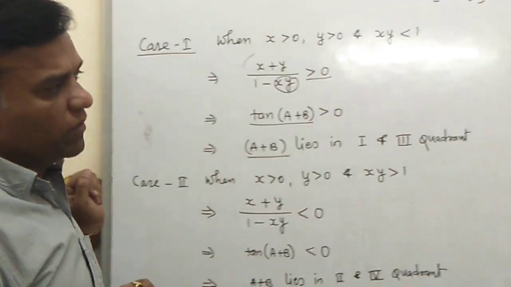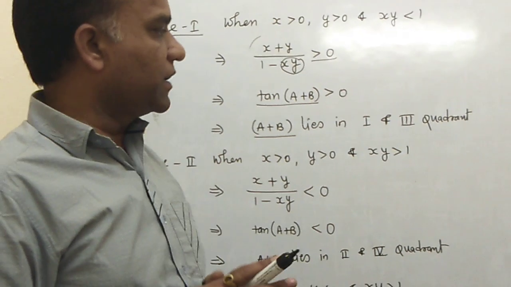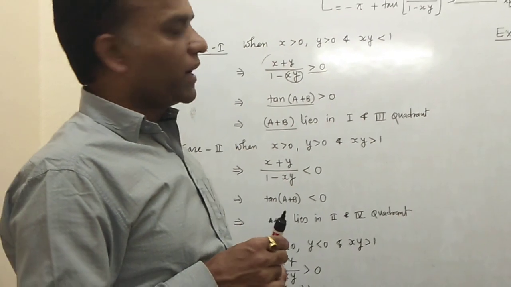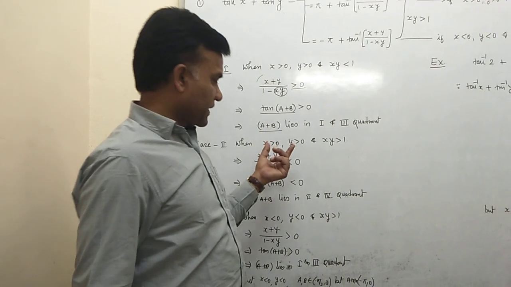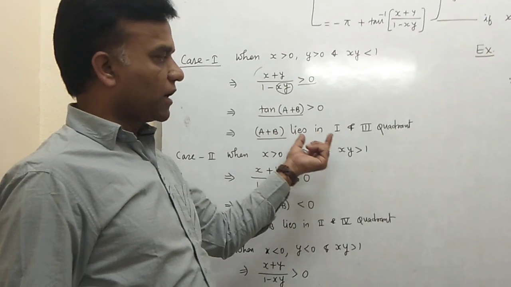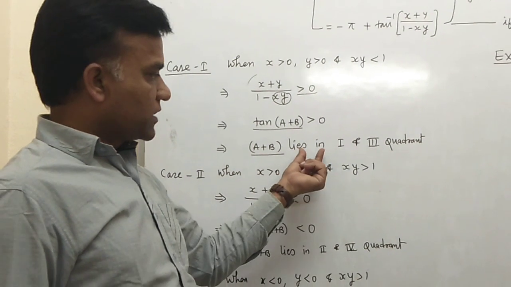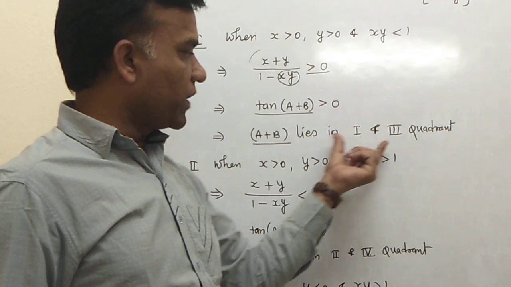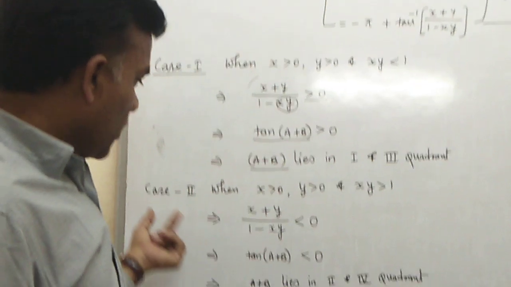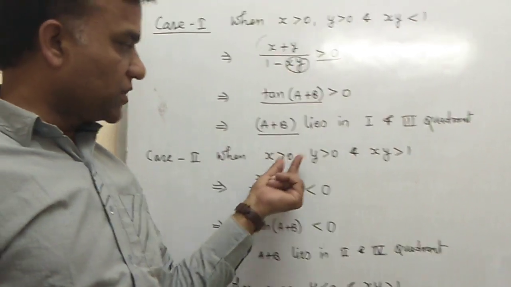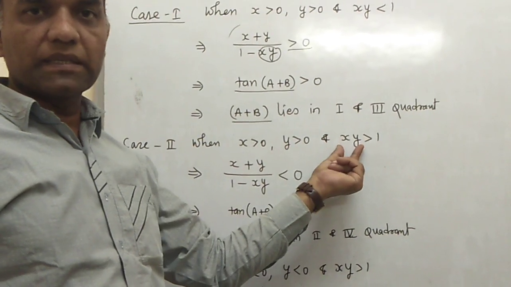We only write down the quadrant formula because basically they depend only on the basic concept. If you write down the numeric, then you write down the principal value, that depends on the quadrant formula. So basically here we are only explaining which quadrant they are lying in or not lying in. So here we write down first and third quadrant lying, therefore this angle is positive, and directly we write down the formula.